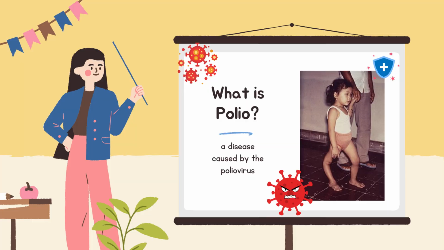What is polio? Poliomyelitis is a disease caused by the polio virus. Most people infected with the virus experience mild or no symptoms. However, in some cases, polio can lead to paralysis or even death. There are three variations of poliovirus called wild poliovirus type 1, 2, and 3, WPV1, WPV2, and WPV3. Wild polio types 2 and 3 have been eradicated, no longer exist, and wild polio type 1 only exists in a few parts of the world. Polio type 1 is most likely to cause paralysis.